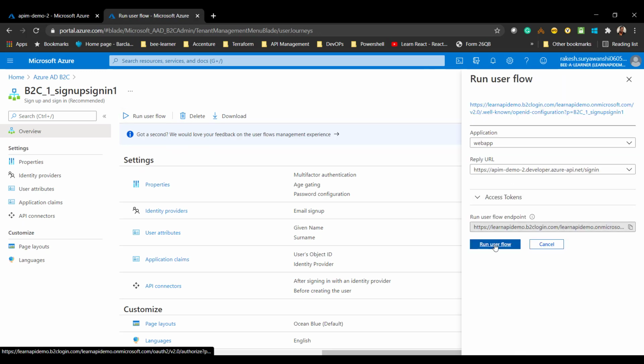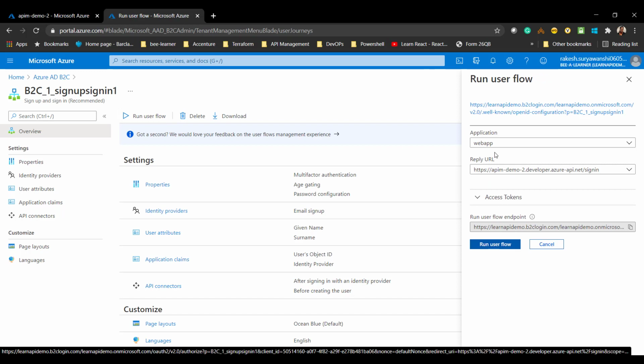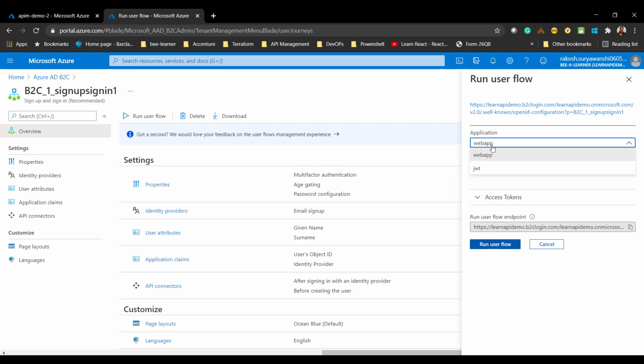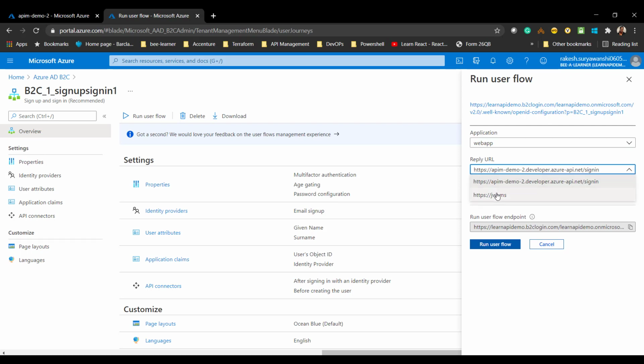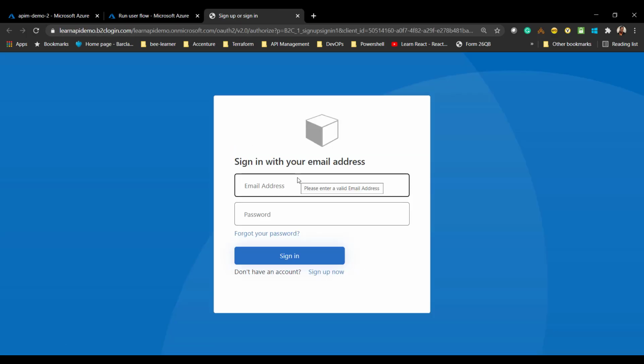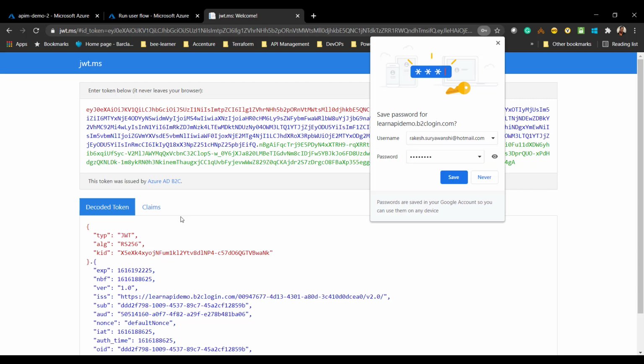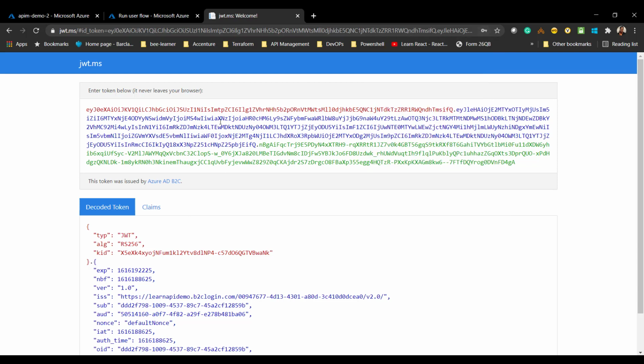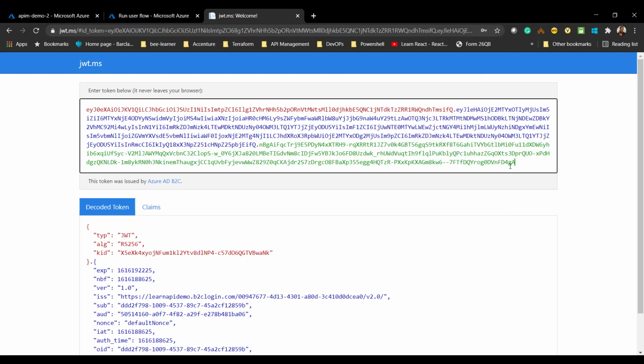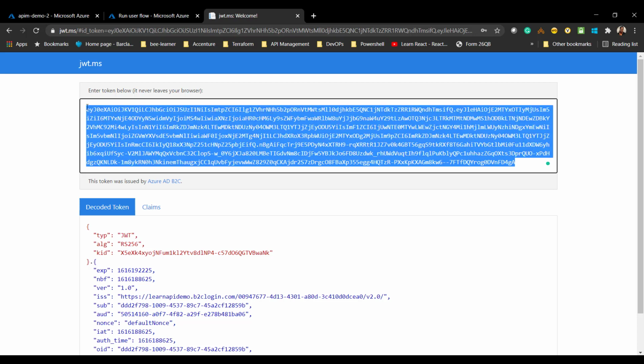This time make sure you select the JWT application, and for the reply URL you select this one, and now run the user flow. Once you run the user flow, provide your username and password. This should navigate to the JWT URL, and you should have the JWT token which you can copy.